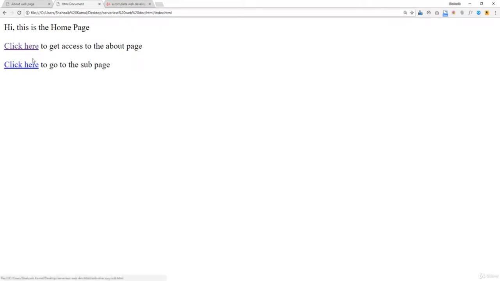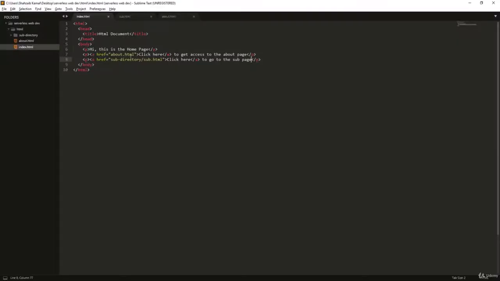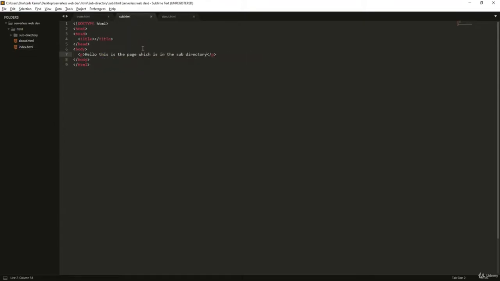If I just click there, just notice this is the HTML folder and then the index.html. When I click there, now it's the HTML folder, then subdirectory, then the sub.html. Okay, cool. How to get back? I know we can use the back button of the browser, but I'm just talking about how we can go back through the script. So I'm just inside the sub.html, and there I'm making a link